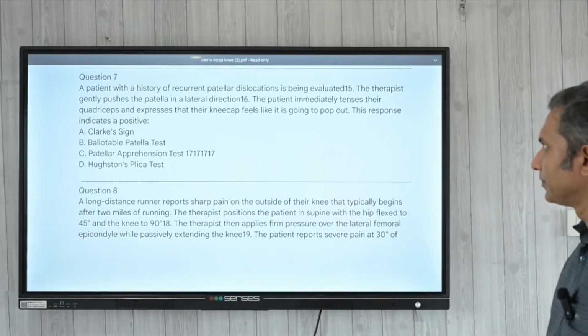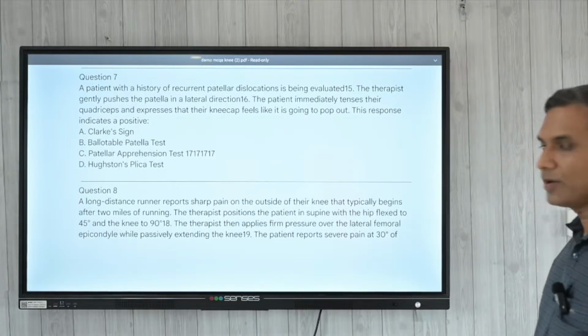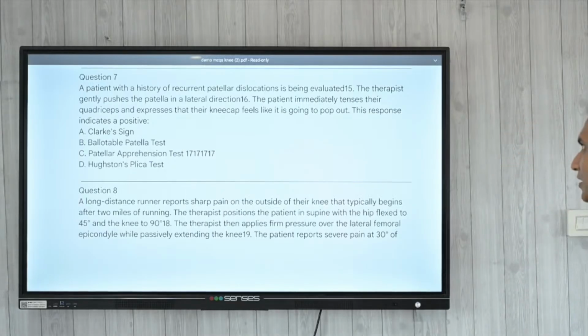Question number 7. A patient with a history of recurrent patellar dislocations is being evaluated. The therapist gently pushes the patella in lateral direction. The patient immediately tenses their quadriceps and expresses that their kneecap feels like it is going to pop out. This response is indicative of